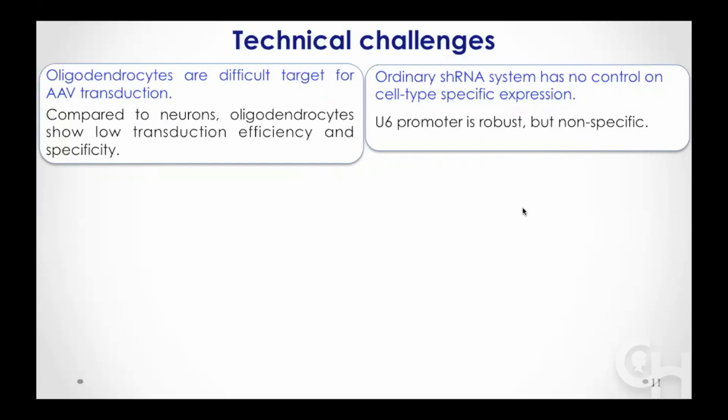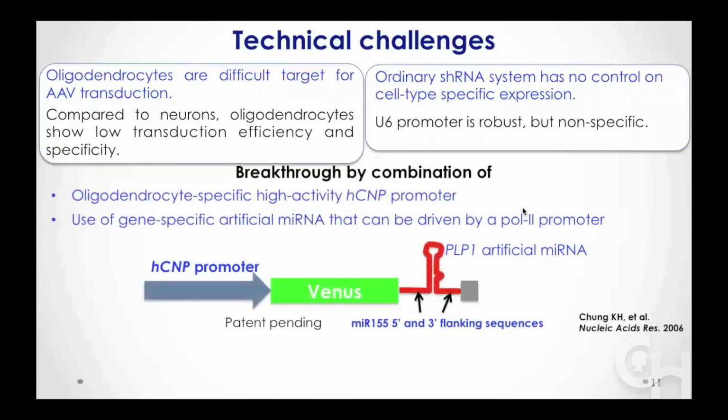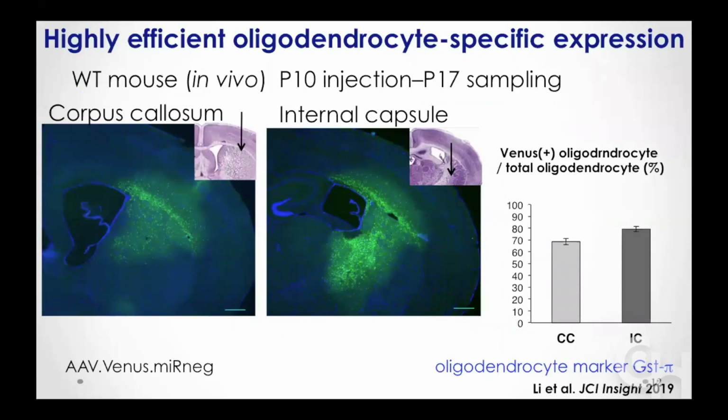Again, I'm not getting to the details, but we developed an AAV artificial mRNA that targets PLP1 in an oligodendrocyte-specific manner, as illustrated here. Now, Venus is a green fluorescent protein marker which can visualize the cells that are infected by the AAV virus. From here, I quickly go through the actual data to show how efficient our AAV therapy is using wild-type and